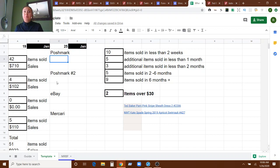And the username was almost identical. It had the same first name in there. And so I was like, okay, this is clearly the same person. I wonder why they decided to switch. And it's probably because the shipping was cheaper on Poshmark than it was on eBay. Because I charge for shipping on eBay, or I have been. And so I decided to take the Poshmark offer and cancel the eBay sale,